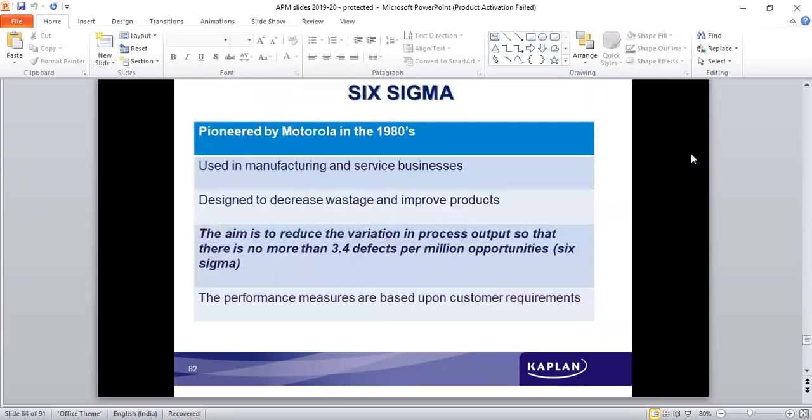Let's look into this one and take up one case study. See here, this concept was pioneered by Motorola. What is the basic concept behind this? The name of Six Sigma was also derived from the normal probability curve. Technically that is not of any relevance, but see, the normal curve is